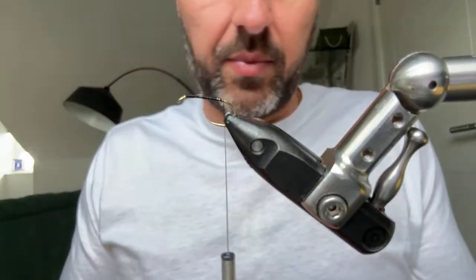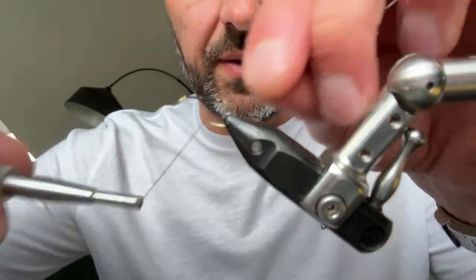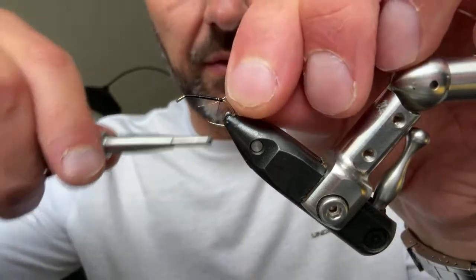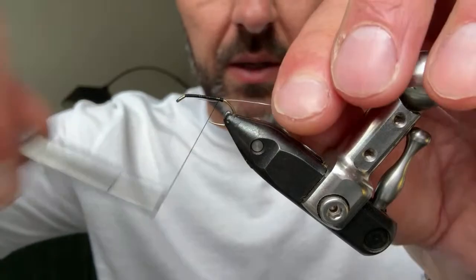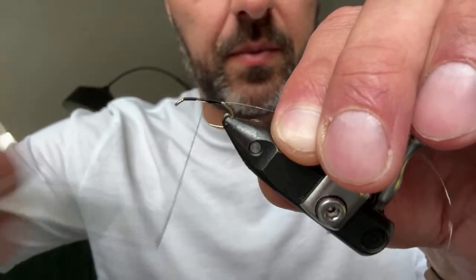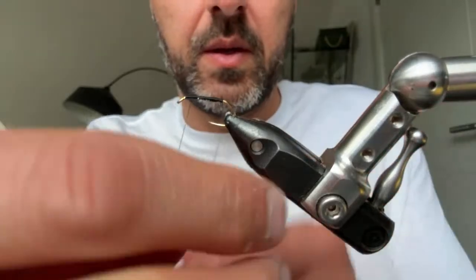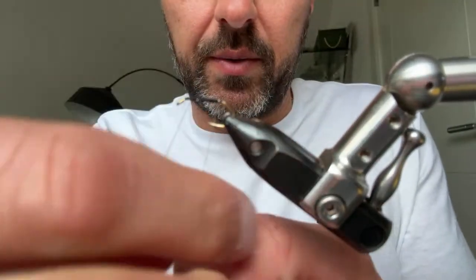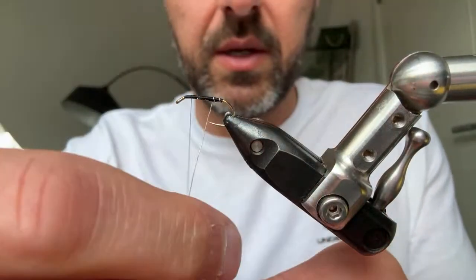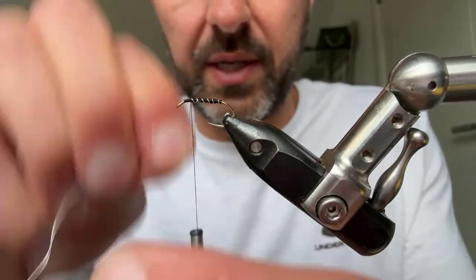So I'm going to tie a couple of buzzers. I'll show you. I know I've just done a video of this on the channel, making my three favourite buzzers, but I'll do them live for you just now. So just black thread, size 10 hook in the vise, a medium wire. Bring that up. You can go up and down once or twice. It'd be great if the camera went into focus. You can go up and down the body of the fly 2 or 3 times just to bulk it out,